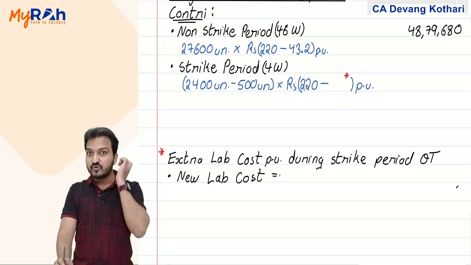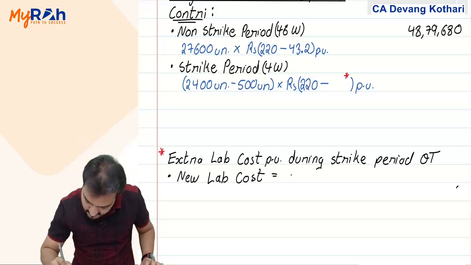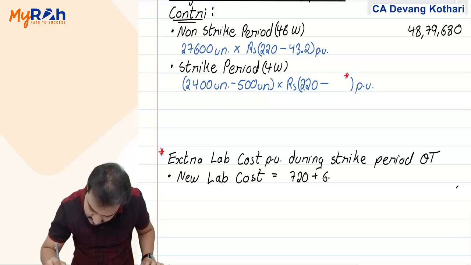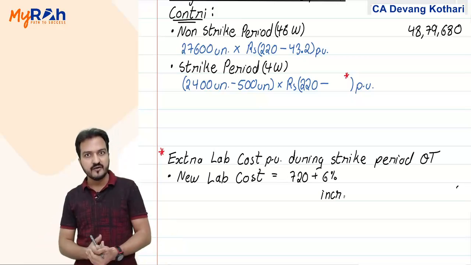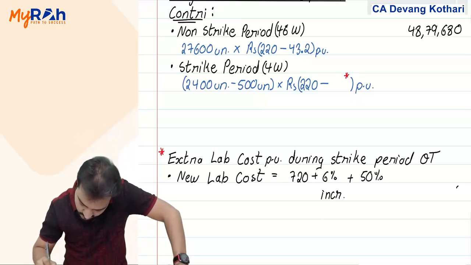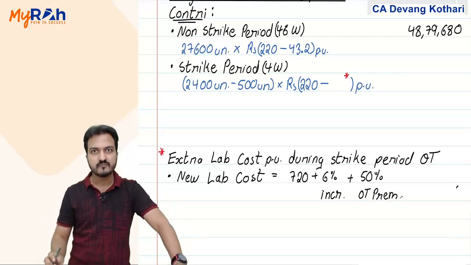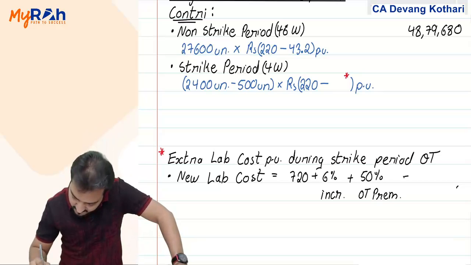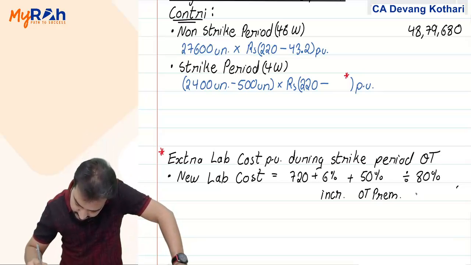During this period, the new labor cost that I must have paid is original 720 plus 6% increase that I agreed, plus 50% overtime premium, and divide by 80%